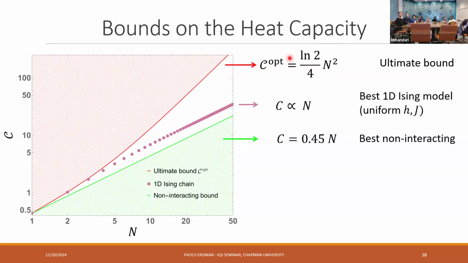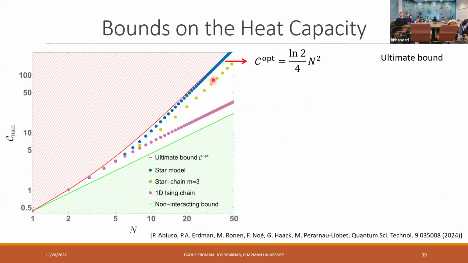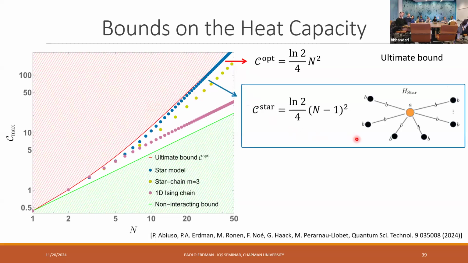And if you take, for example, the 1D Ising model, so just a single 1D chain with nearest-neighbor interactions, this is what you find. So you can do better than non-interacting systems, but you still scale linearly in the number of parameters n. So the question was if we can find something in here, and the answer was pretty much yes. These blue dots here correspond to this model. Just by doing the optimization, we found that often we would find these solutions where there's one privileged spin coupled to all other ones.